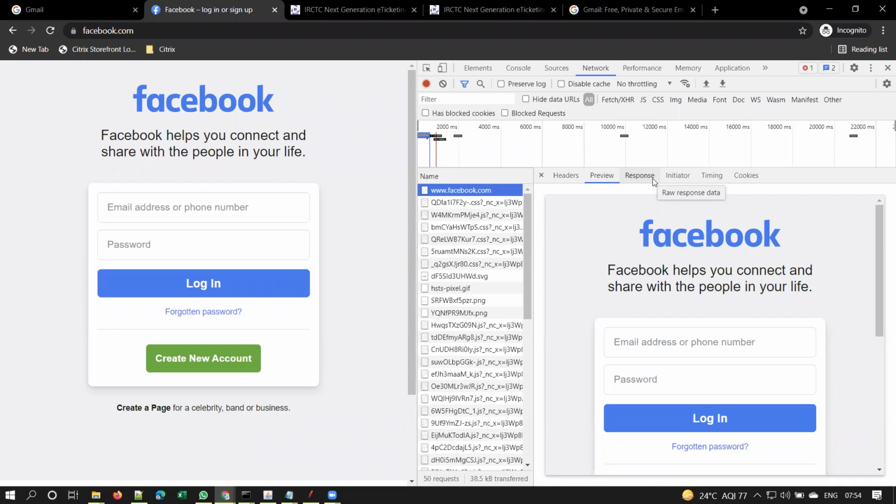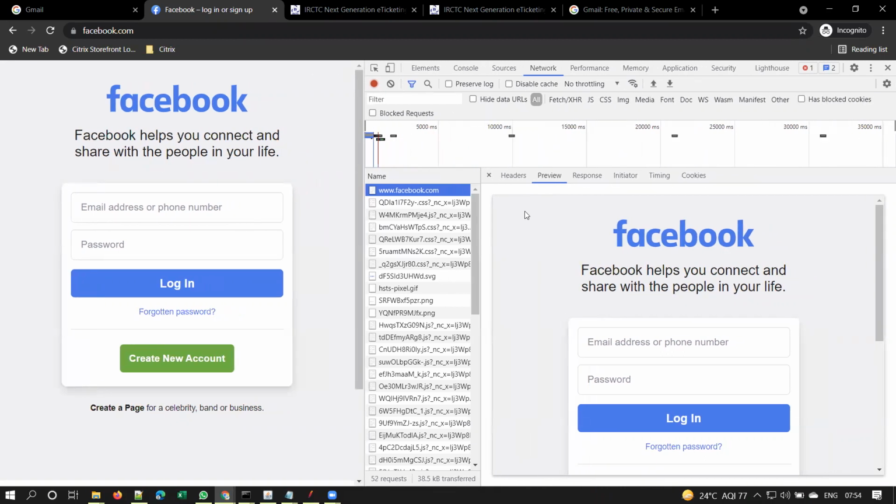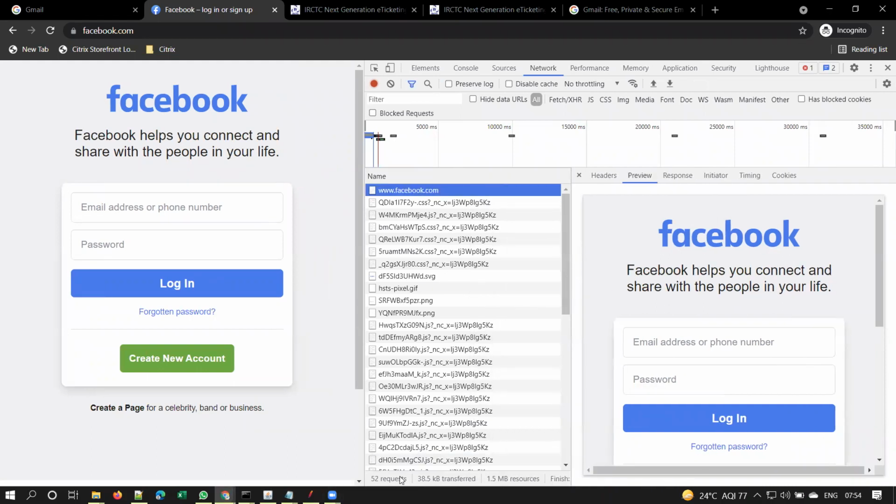Any software engineer has to be well versed with developer tools and should know how to use them. So this is our main request, and for this main request, actually 52 requests went to the server.